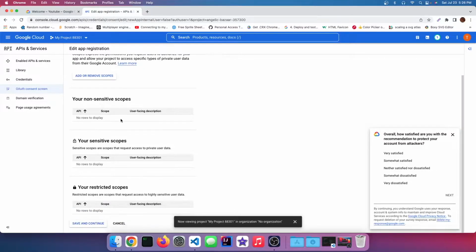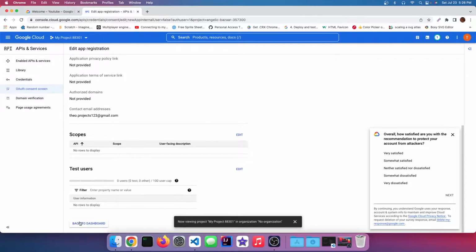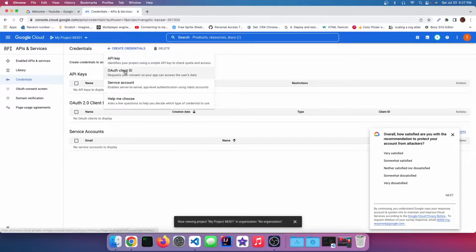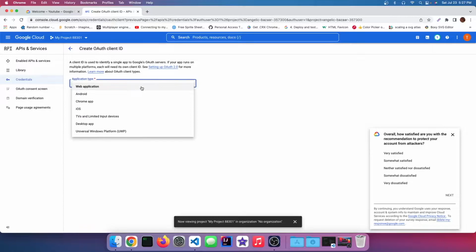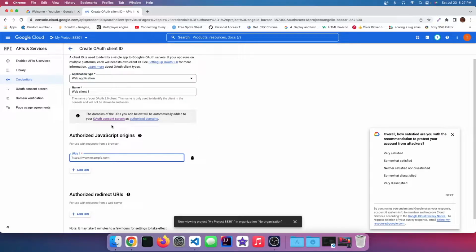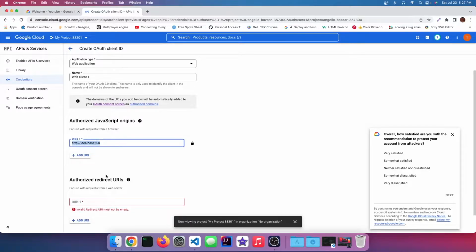And in scopes, you can just skip and skip. And then we're going to go back to dashboard. We're going to go into credentials, create credentials, OAuth client ID, and then we're going to select web app. And for the authorized JavaScript origins, we're going to go http://localhost 500, and then the redirect URIs, we're going to start with this,